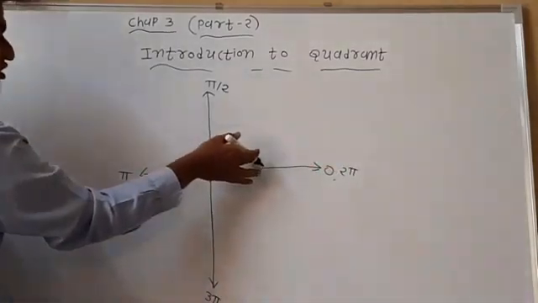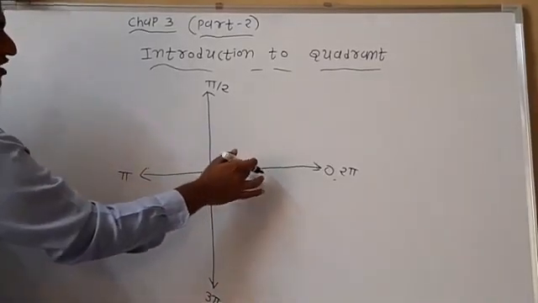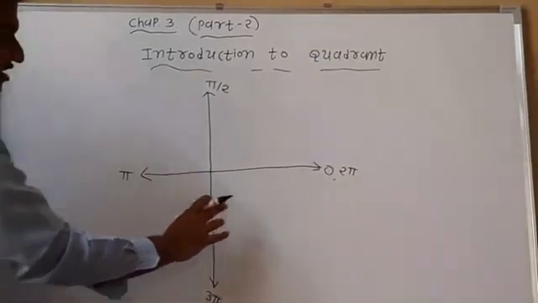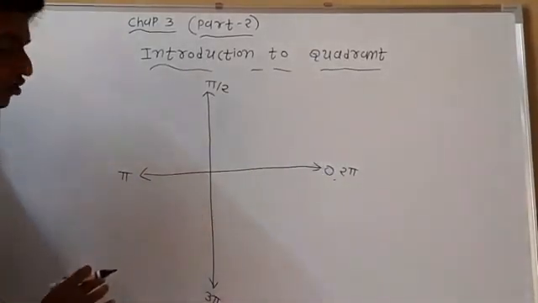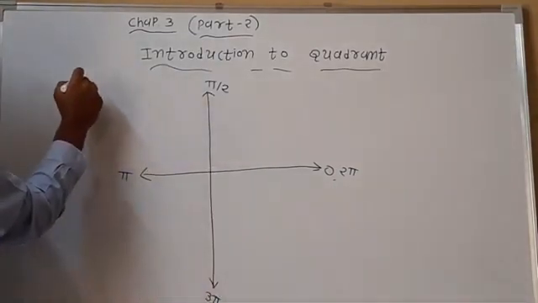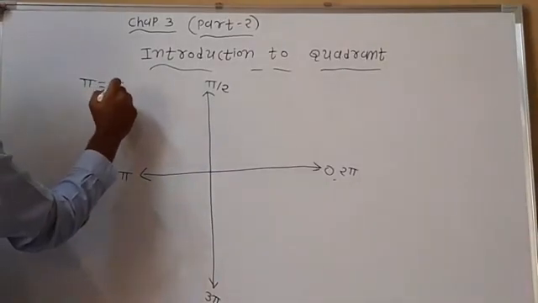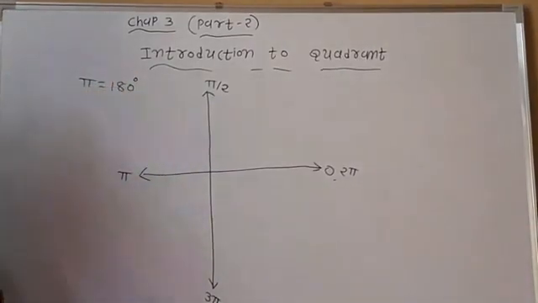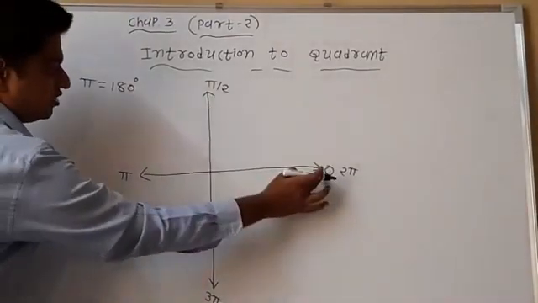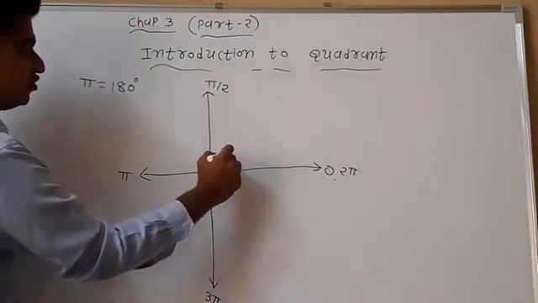Here the circle starts from 0 and moves anti-clockwise and completes one revolution, say 360 degree, that means 2 pi. Here pi is presented in degree form, and we know that the value of pi is equal to 180 degree. Now 0 to pi by 2, we can say, is the first quadrant,